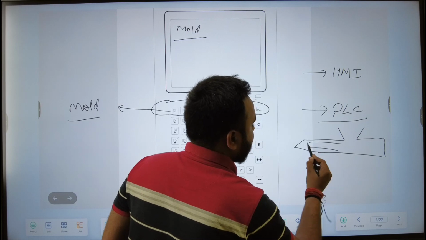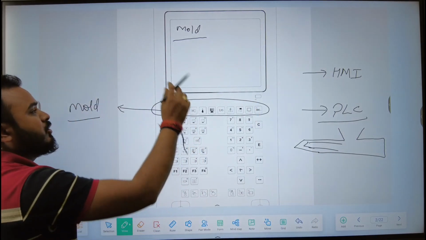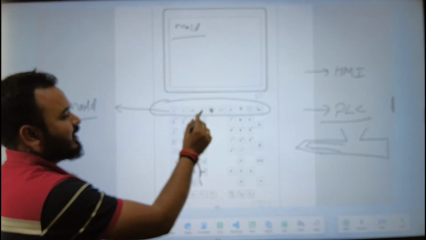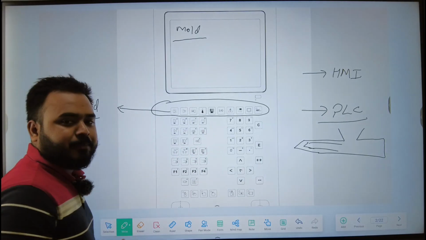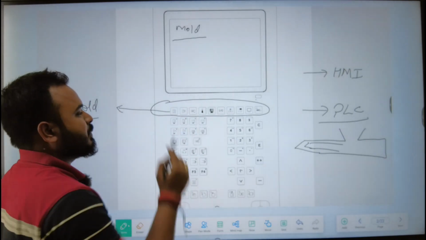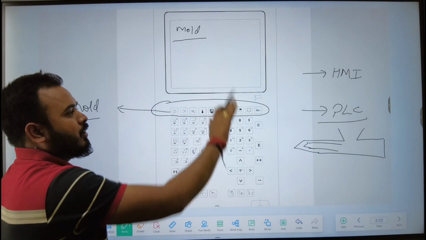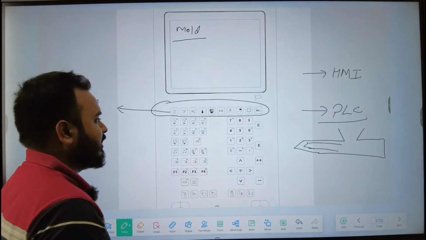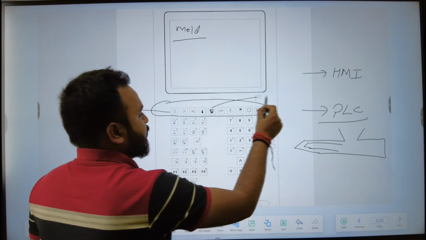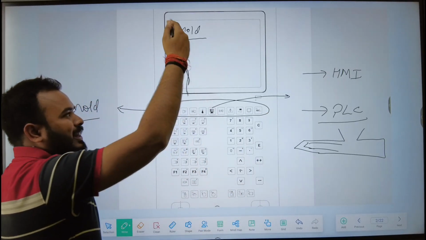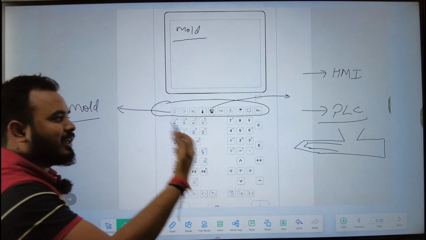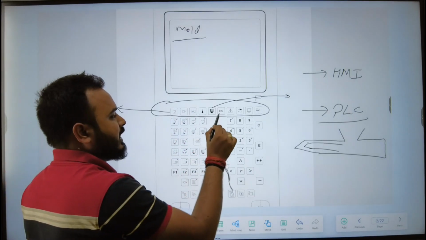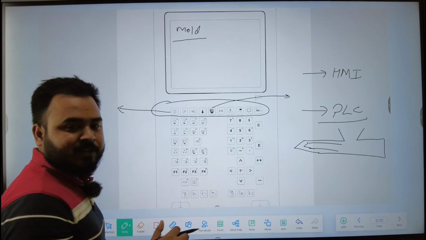That means by pressing this particular button, you will go to the process optimization page. And here you can see a mercury thermometer type figure. If you press this, you are going to get the heating components or heating page of this particular HMI. This is the process data statistic page. You will get all the data regarding your cycle time and all. Each thing you will get from this. And here it is IO, that means input and output option you will get from here.